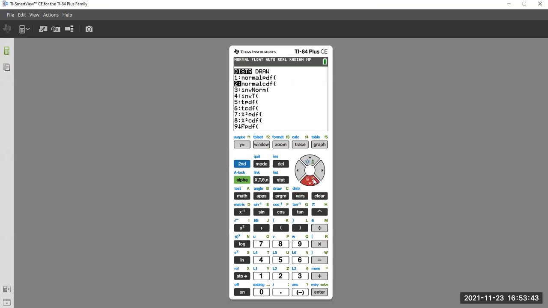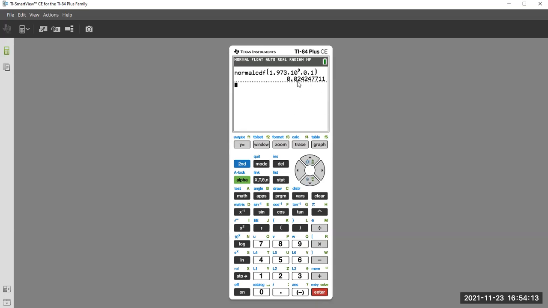Distributions, normal CDF. The lower bound in this case is 1.973. The upper bound is 10 raised to the 9th power. I go over these keystrokes any number of places in the Canvas core shell. There it is. And there's my area,